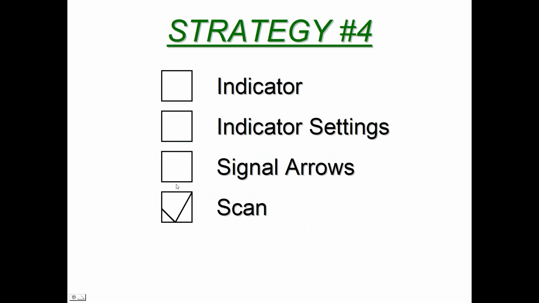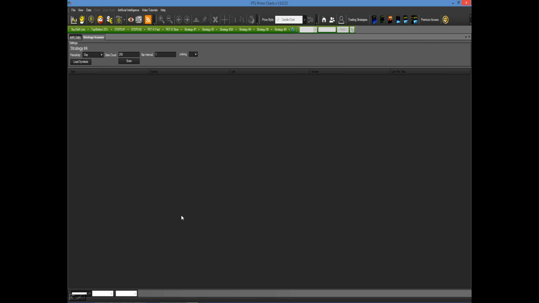You can change the indicator settings. Click on Scan. And once you do that, another window will appear right next to your chart, and this is our scanner page. The first thing you want to do is hit Load Symbols that appears in the upper left hand corner. Click on Load Symbols and you'll see a list of different baskets of different stocks, ETFs,